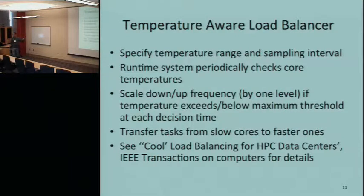Once the temperature control has done scaling the frequencies, we end up in a load imbalance phase as we saw earlier. So at that time, we migrate tasks from the slower cores to the faster cores in order to improve the load balance of the system. More details about the exact algorithm can be found in our paper Cool Load Balancer, which was published in IEEE